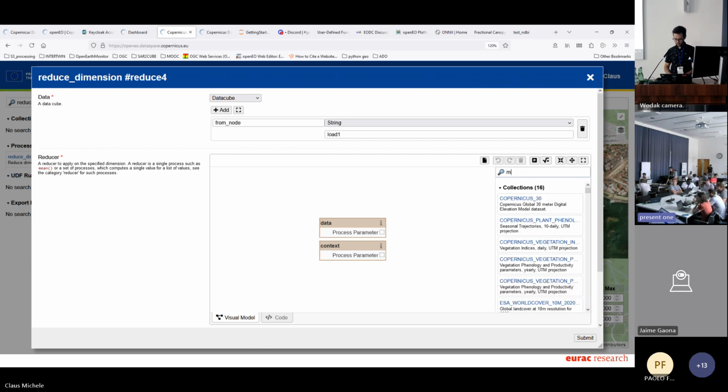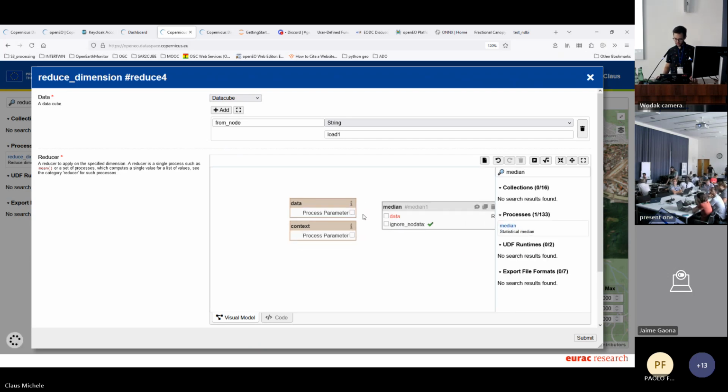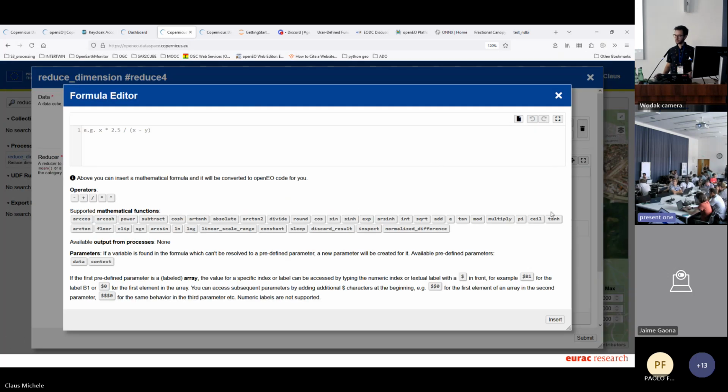And you could look for median and import it here. Another nice thing here is that you could write your own mathematical formula, and this would be translated into a process graph. For instance, if we want to compute an